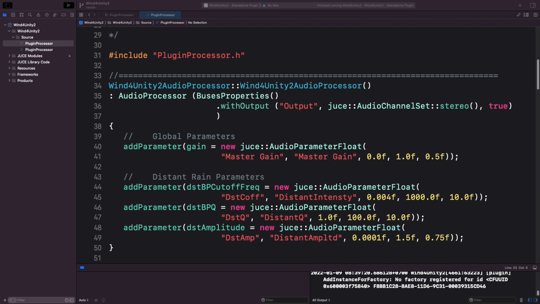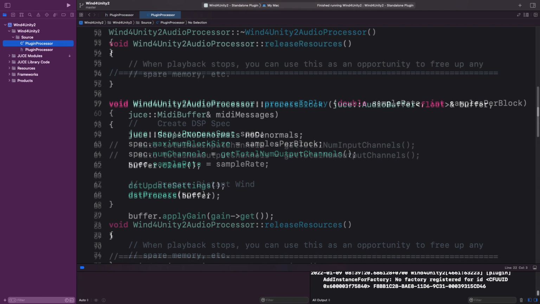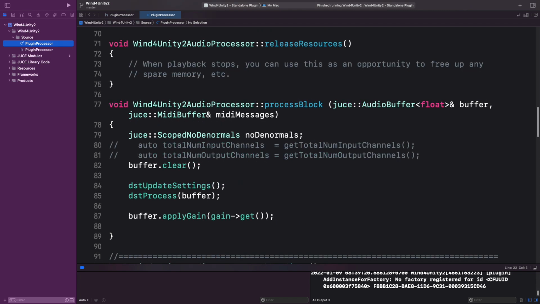We have to, because these are pure virtual functions, therefore they must be defined, but there's not much to define in them, so we've just included the definition in the h file. So we still have the constructor. We left that as is. Then we'll have the destructor, prepare to play method. I've left in the release resources method, as this may be needed later if we define